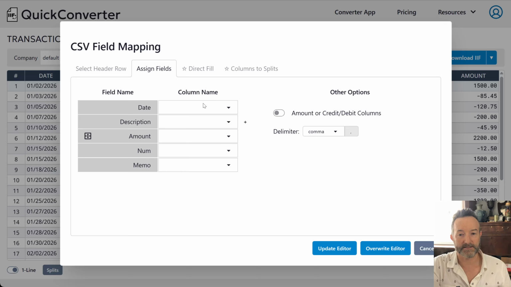So since we did that one, let's go ahead and import another one. The other tabs, let me back up a second, are direct fill and columns to splits. They're more advanced, and I'll get into those later. But let's show you another import where it